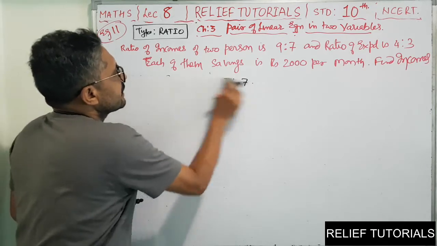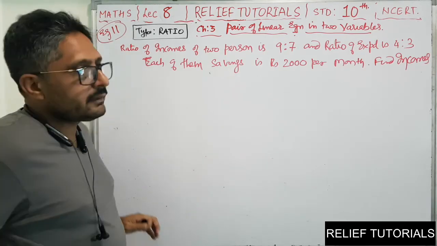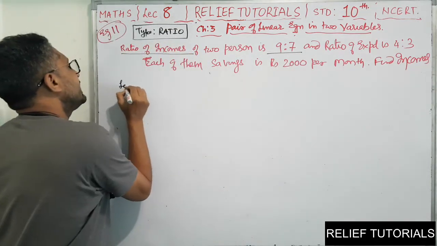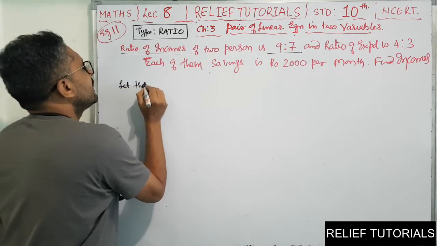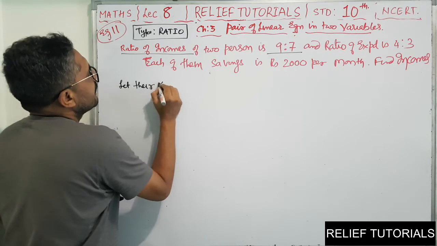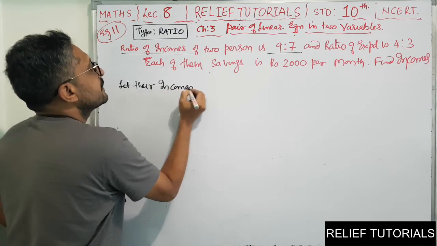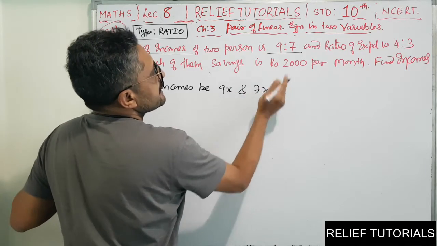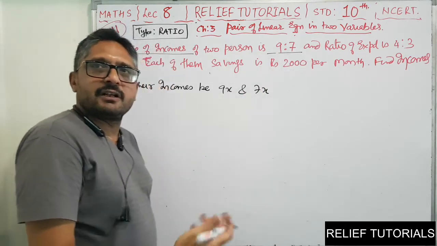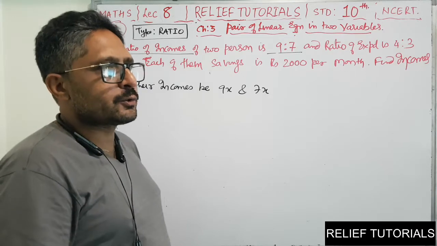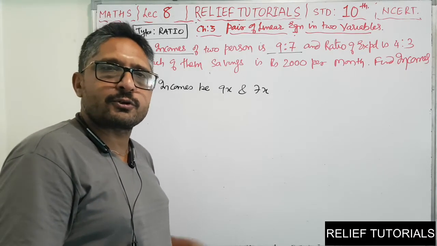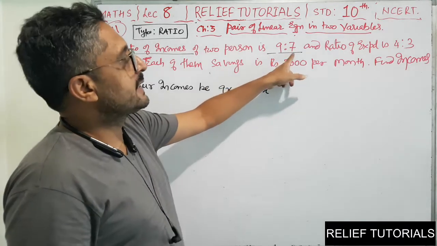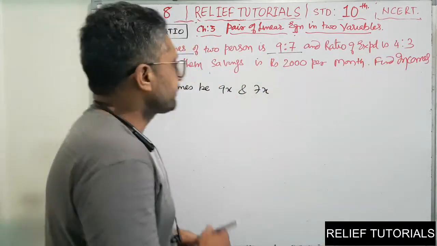So let their incomes be 9x and 7x. Why? Because it is in ratio. We have learned in lower standards that if it is in ratio 2:3, we suppose 2x and 3x. So let their incomes be 9x and 7x and let their expenditures be